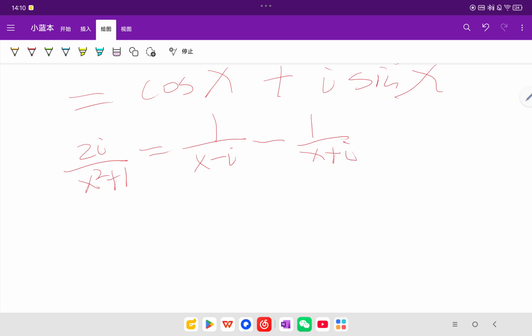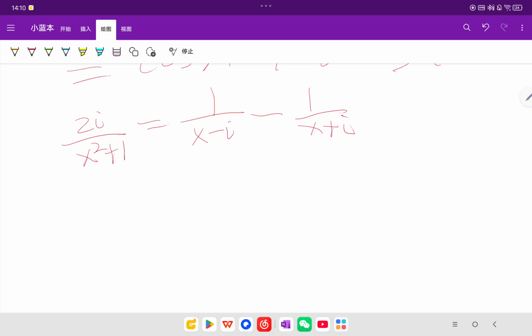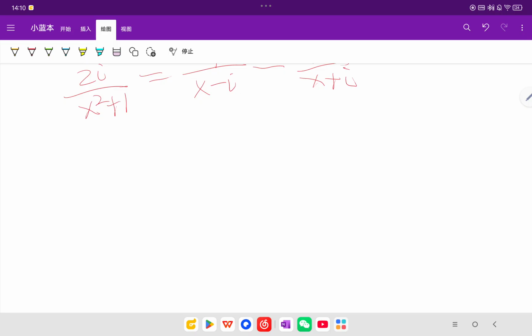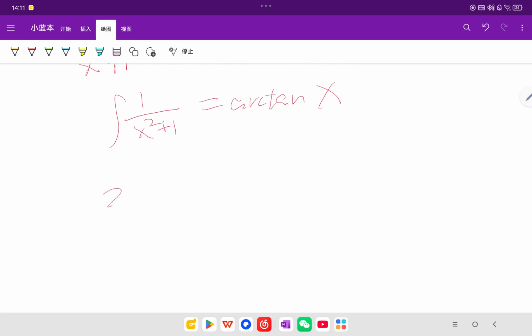So we basically just use these fraction tricks, and we'll discover that they're equal. We'll not talk over it. Now we integrate both sides just as you would integrate a real valued function of this form. The integral of 1 over x squared plus 1 is arctan x. So we get 2i arctan x plus c